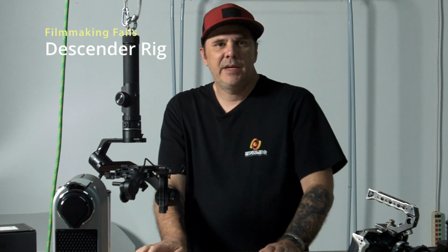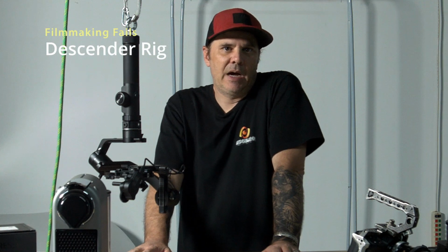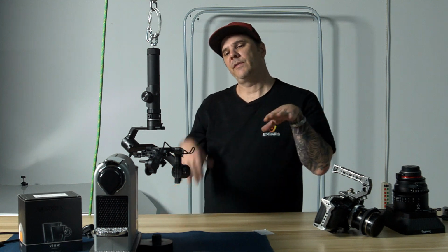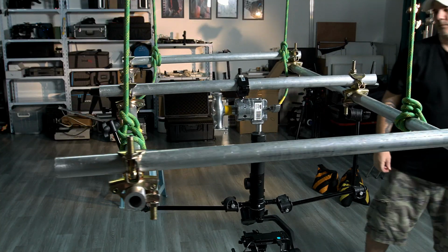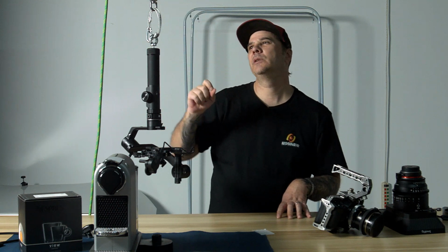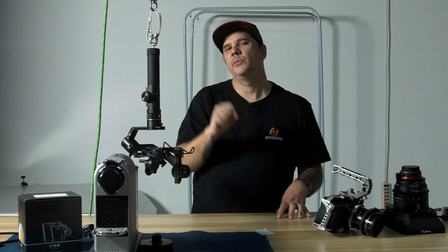Yeah, well, filmmaking can be a lot about trial and error. And to be honest with you, I decided on error. I thought that descender rig would work, and if I built it out a little bit more with 4 ropes, that it would actually stay stable. And I think it would have if it wasn't for the pulleys that I was using, because these are more construction hardware pulleys and not so much climbers